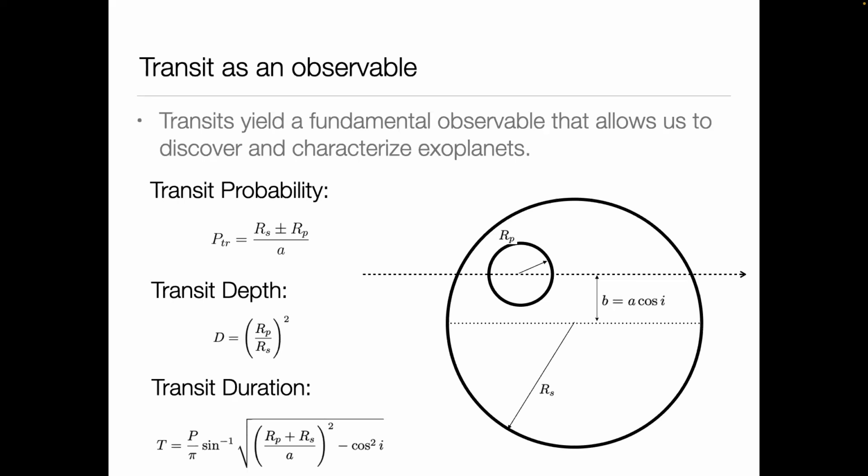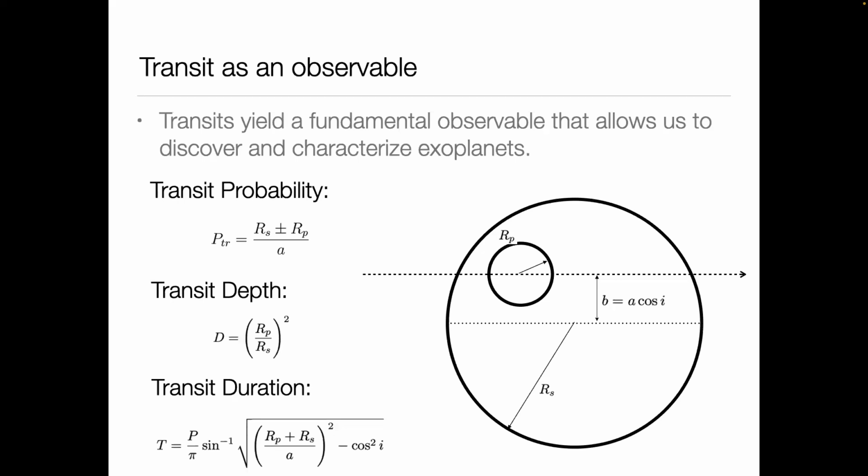And it is reducing it by a factor equal to D, the ratio of the radius of the planet to the radius of the star, squared. The square is easy to understand because we are talking about the ratio of the areas, and area is pi r squared. So that creates the square there.